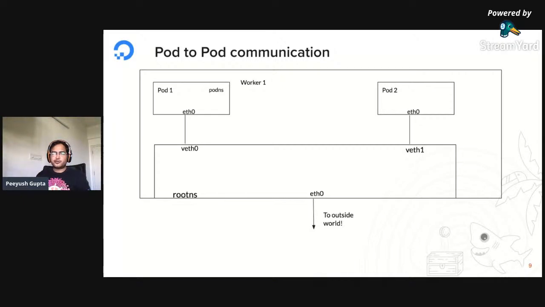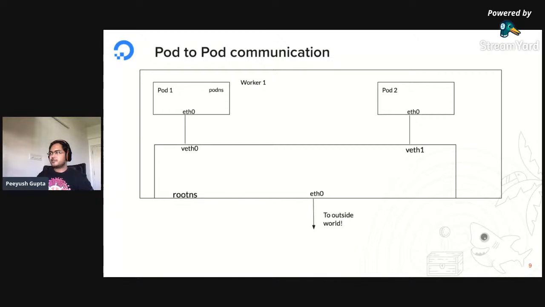I'm taking eth0; if you're using a newer system, you will have something like enp0s0. Now, for every pod, the way namespaces are divided gives you the feeling of a full-fledged system, so every pod would also have its eth0, and that eth0 is connected to a virtual Ethernet bridge on the root namespace.